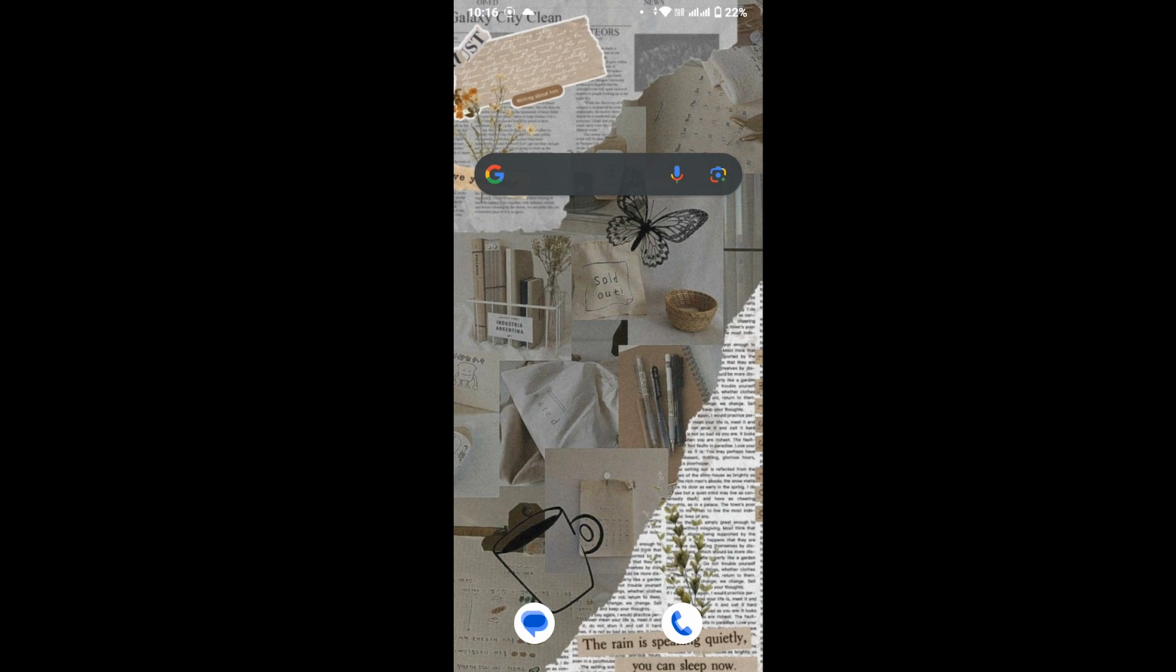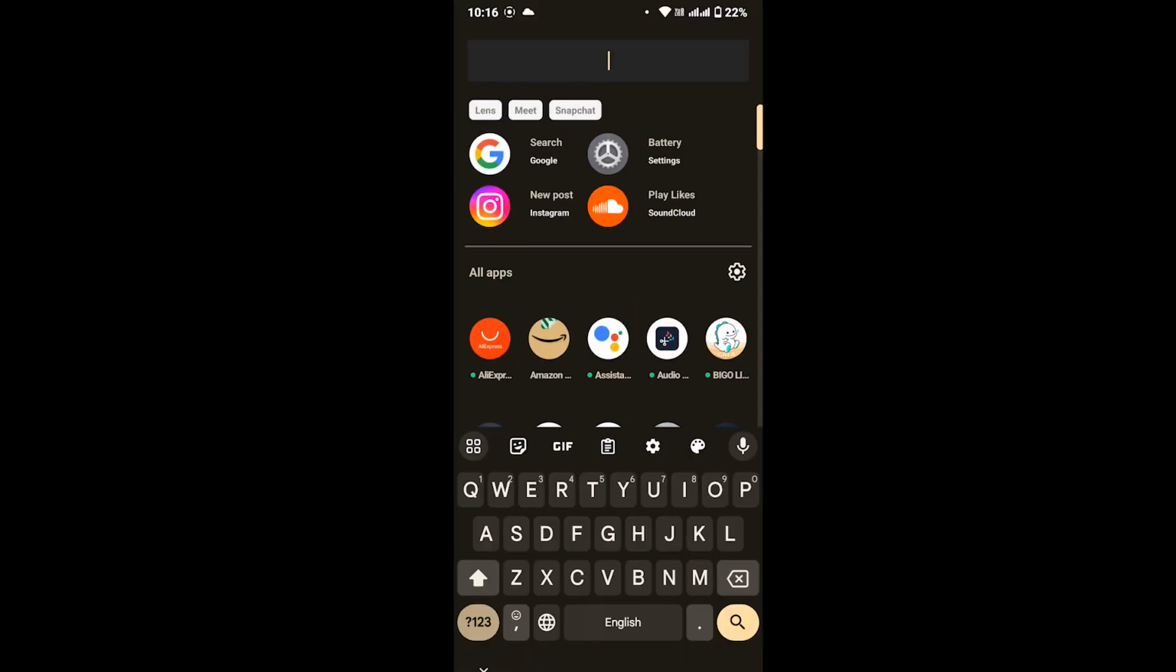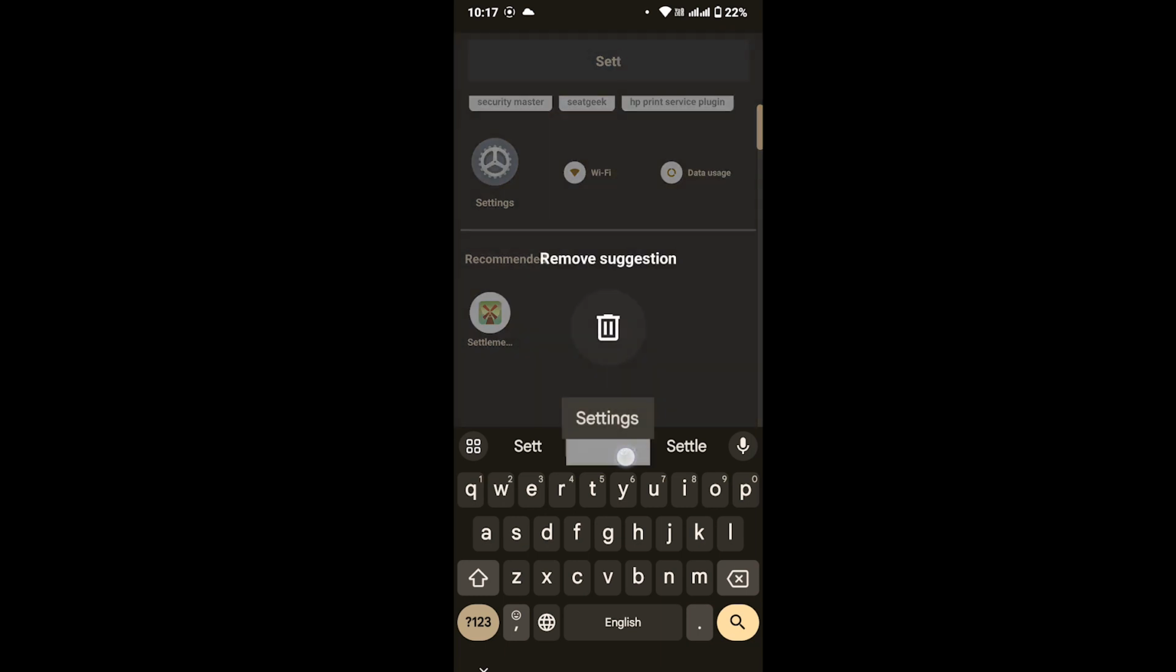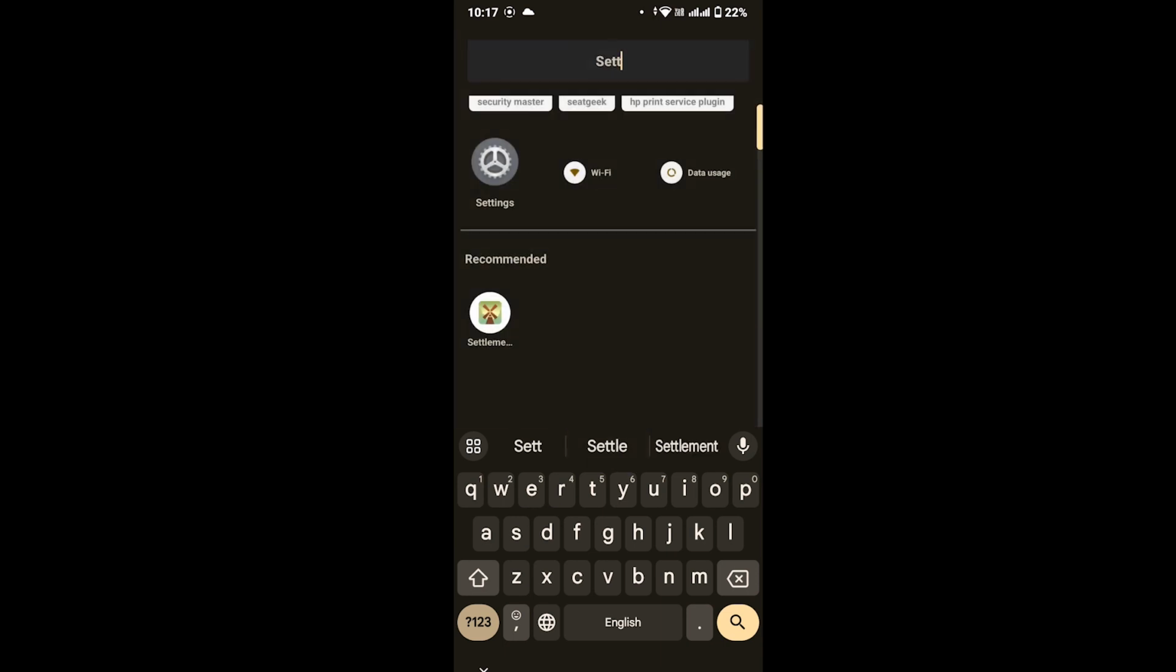First of all, you have to open any text bar from where your keyboard will load up on your interface. Here I'm simply going and then in this search bar, a keyboard will pop up. Once you type in any word, suppose I'm gonna type in settings, and in here once I type SETT, I will get an auto suggestion on my keyboard at the top, that is settings. Now simply hold that and you will get a remove suggestion option. If you drag that settings upward and drop that on the trash icon, it will get removed from my